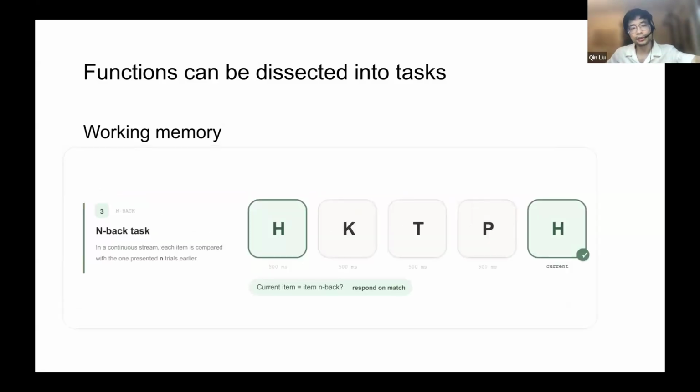Similarly, there's another test, which is called n-back test. So the number n can be varied from 1 to whatever. Generally, I think the maximum is 5. So a sequence of images or sequence of letters will show up on the screen. And this example is a 4-back test. So after 4 images, the subject needs to tell whether the new image is the same as the one that appeared 4 times back. This is also a test to study the capacity of working memory.